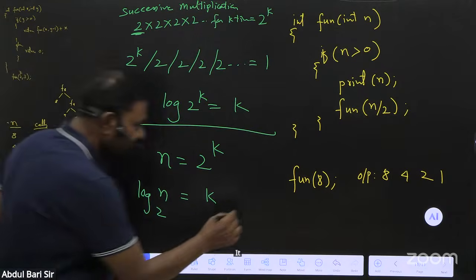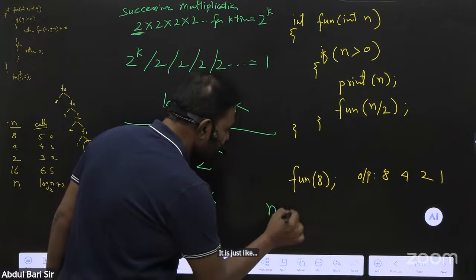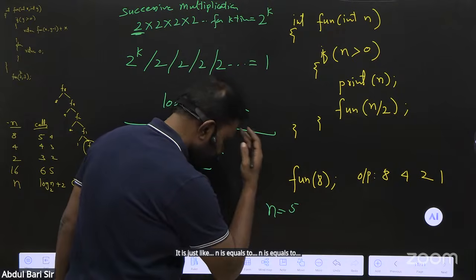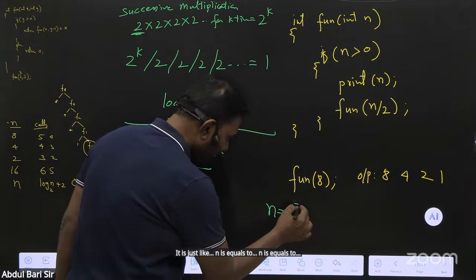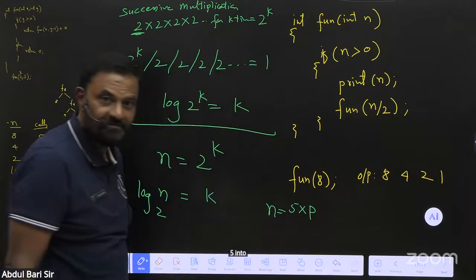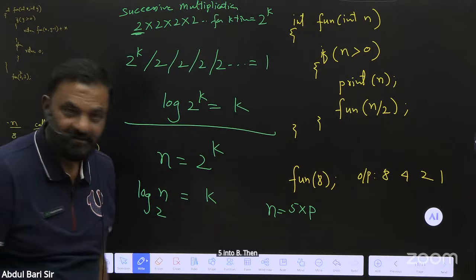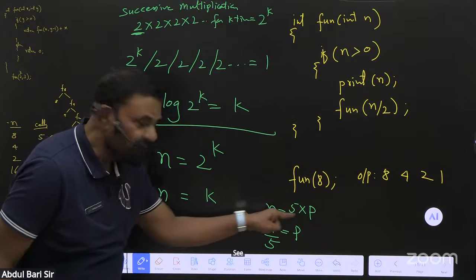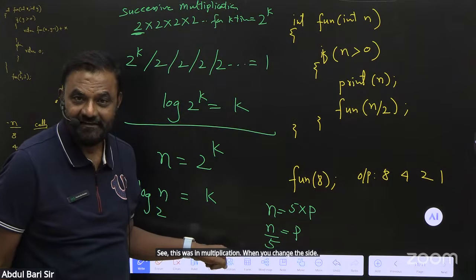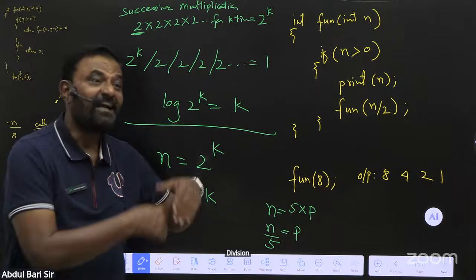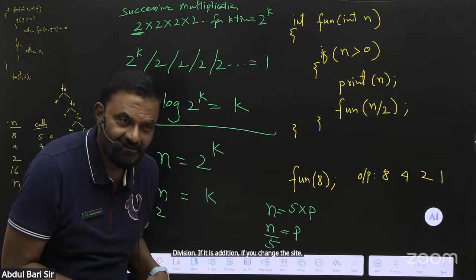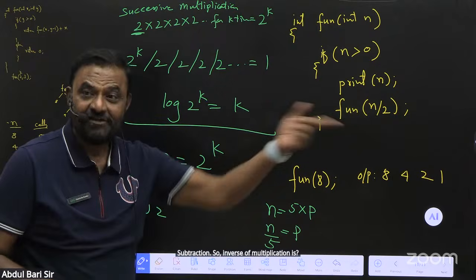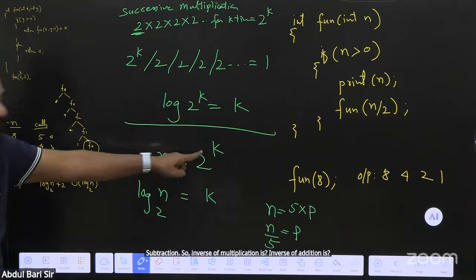It is just like n is equal to 5 into p. Then what is p? See, this was multiplication. When you change the side, division. If it is addition, if you change the side, subtraction. So inverse of multiplication is, inverse of addition is, inverse of power is,